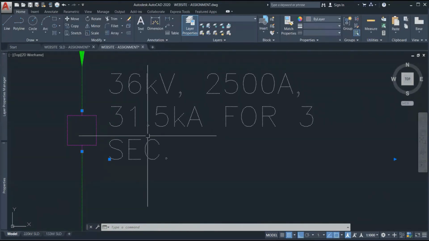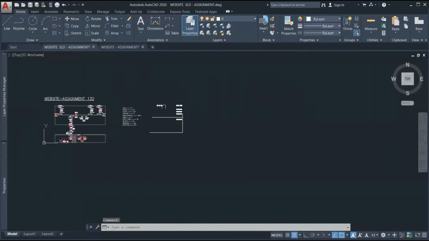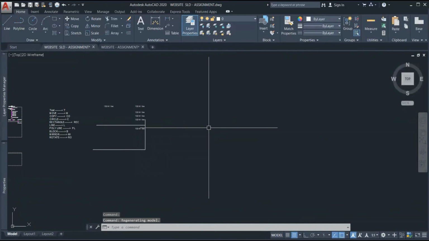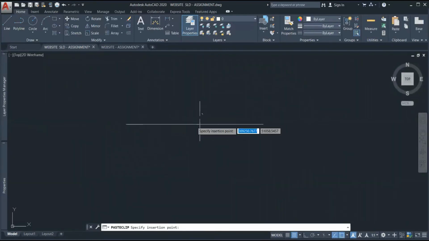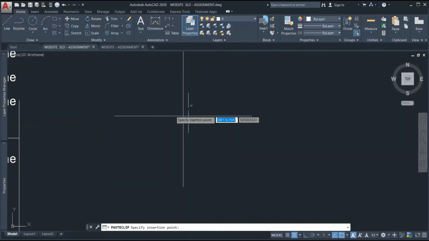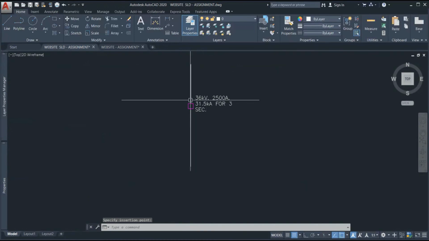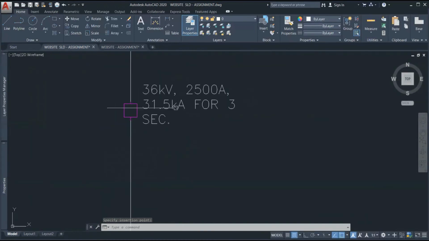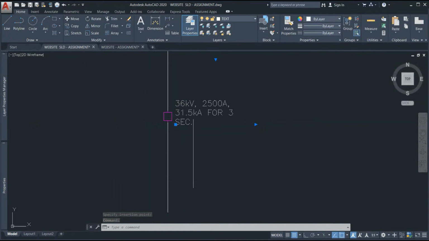Go to the file where you want to paste, and just simply Ctrl V, paste, and the cursor will change and just place where you want to place the object. Just click there, and it will appear here, right? So this is how we copy and paste from one file to another, right?